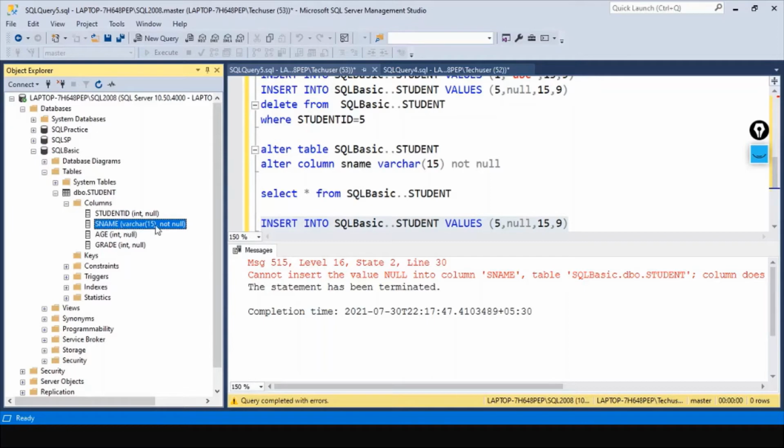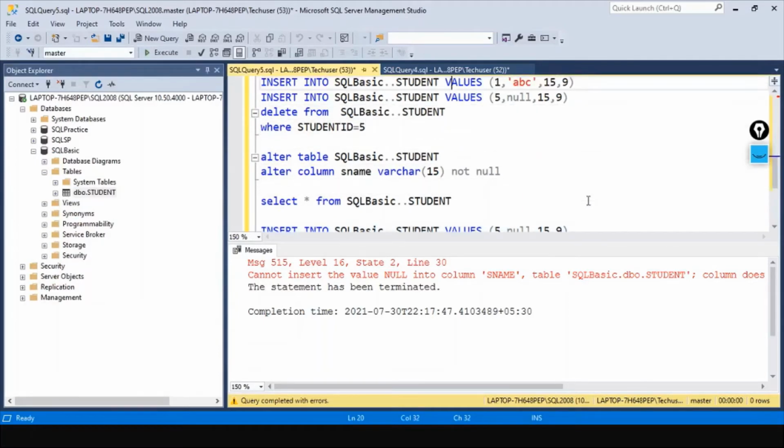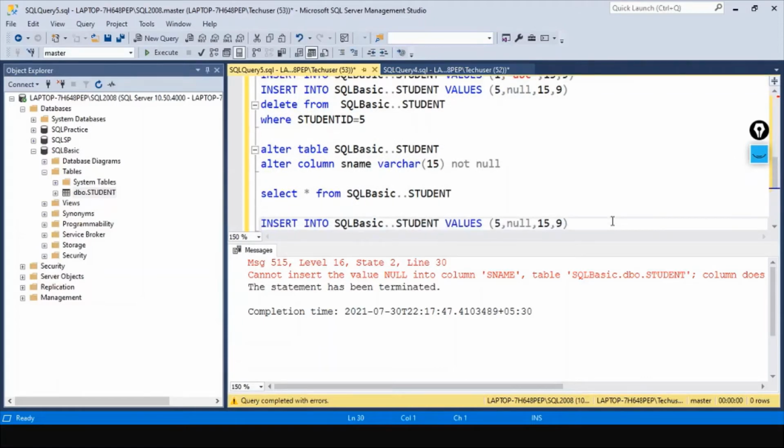It must be a not null value. Okay, this is the constraint which we have added. Now, let's see what was the other issue which we had. We were having duplicate values, right?